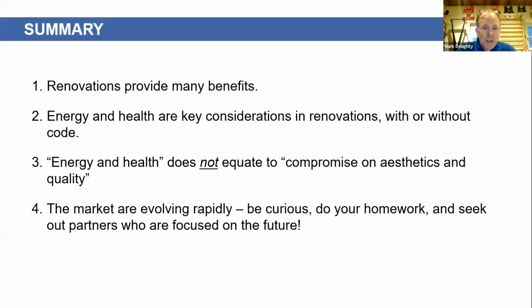So, a summary here, just to try to close this out: renovations provide many benefits. I hope we've made that point, and renovations come at different levels. Energy and health are key considerations in renovations, whether you're required to hit the code or not. Energy and health do not equate to a compromise on aesthetics and quality. That's been an obstacle for some people, as they think it's going to lead to a compromised aesthetic and living experience. I think that's not what we're seeing in actual practice. And the fourth one here is that the market is evolving rapidly. If you're going to be looking at any level of renovation or upgrades to your home, you need to be curious, you need to do your homework, and you need to seek out partners who are focused on the future. And my closing comments on that are,